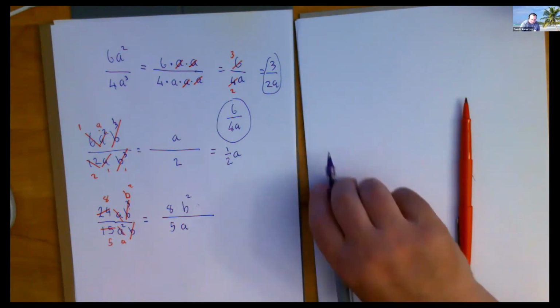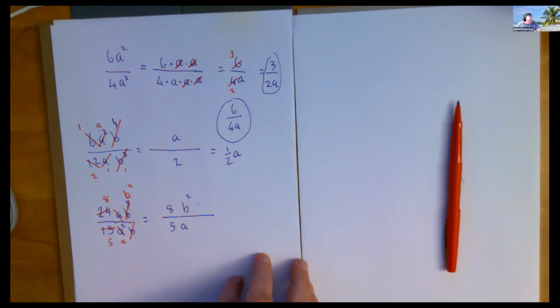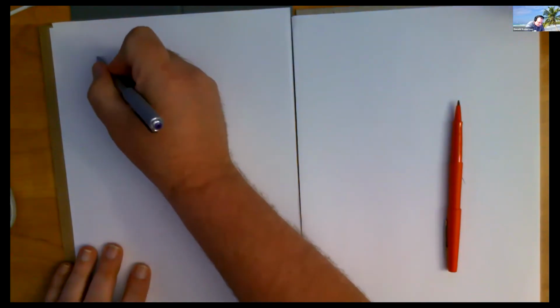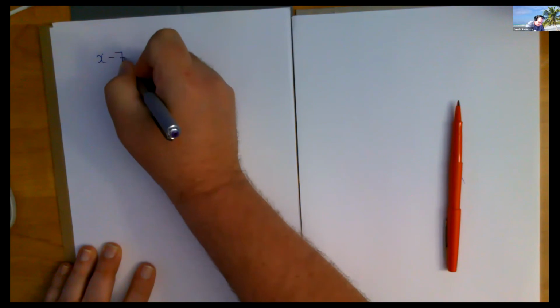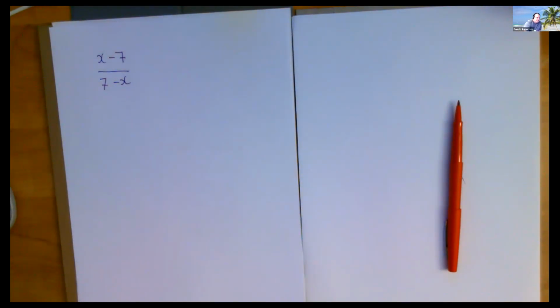Okay. Now, there's another example that I've just thought of that they might have put, because since I missed them, they might do this as well. Do you know if you have two guys that are opposites of each other? X minus 7 is the opposite of 7 minus x. They're both being subtracted, right? But the order is different. They are not